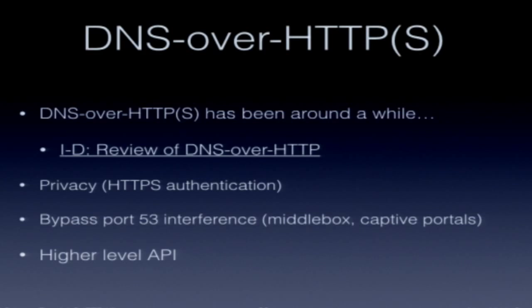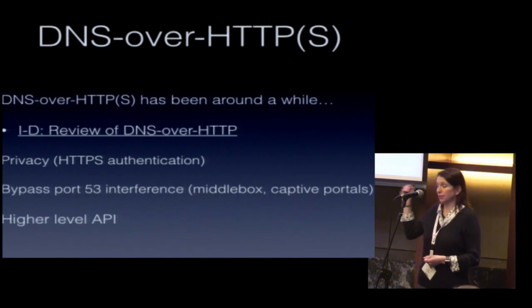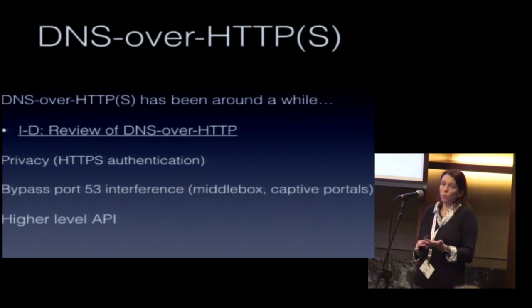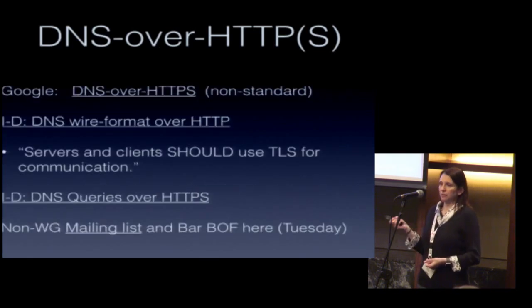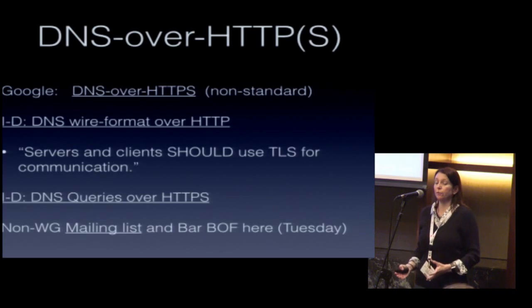A very quick note on a couple of topics here. So DNS over HTTPS has actually been around for a while, non-standard but used. There's a really good review of why it was used and some of the motivations. Well, one was privacy, it brings that with it. Others were bypassing middle box interference. Others were exposing higher level APIs. But this is kind of gathering a bit of momentum. So it's not actually being positioned as a privacy solution first and foremost.